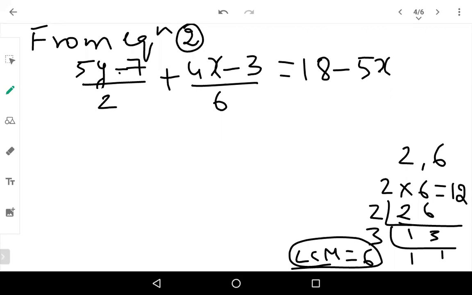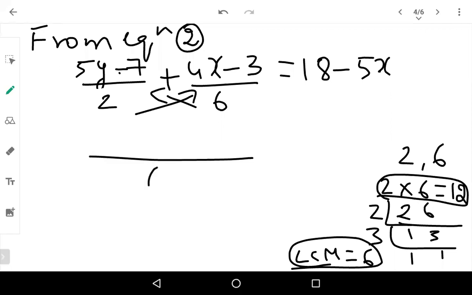12, okay. Now see, there are two ways that you can take the LCM here. One is you can just multiply, but make sure you cross multiply the numbers properly. The other way is you already have 6 here, so 6 will be the number. So for this you will multiply by 3 and 3, this side you will multiply by 1 and 1. That's all. We'll go with 12, so that you don't get confused. We will go with 12 only.